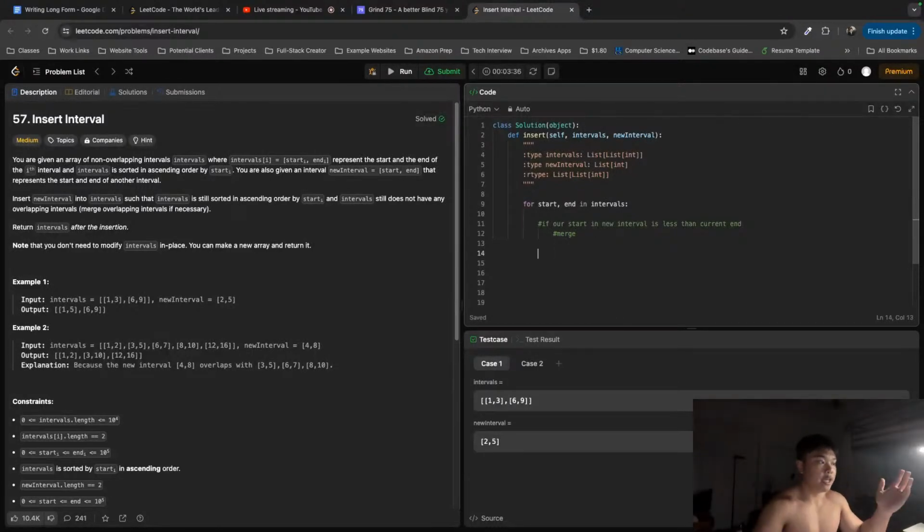So that's one case where we have to merge. Another case, I feel like there's one more case where we have to merge, and that's if our end. So if we're going through, our start is